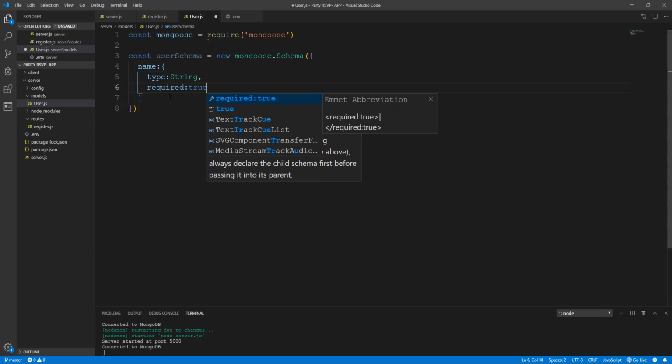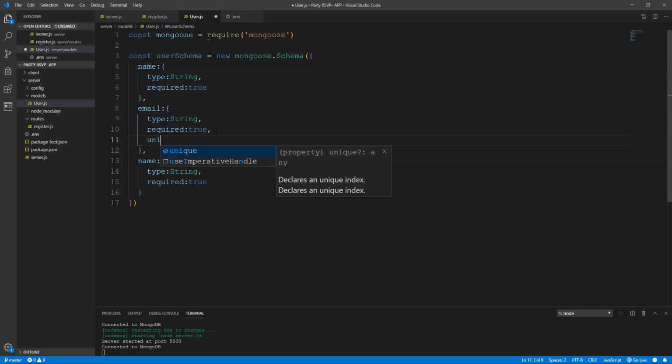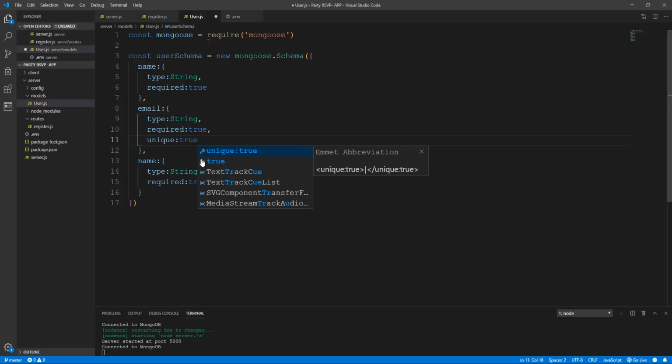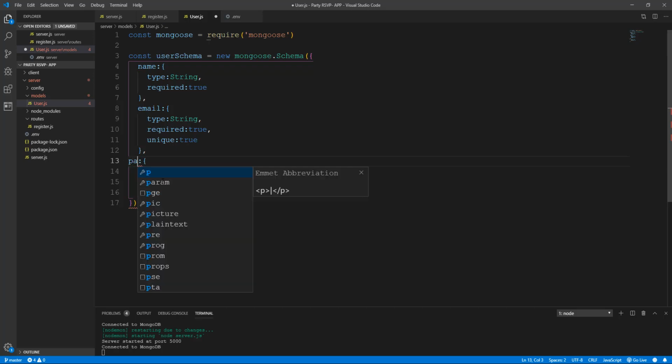Alright, so I'll just copy this and paste it 2 more times. Okay, and then paste it again, and I'm going to change this to email, and here we are going to put another one which is going to be unique, and we are going to say true. Alright, and the last one is password,